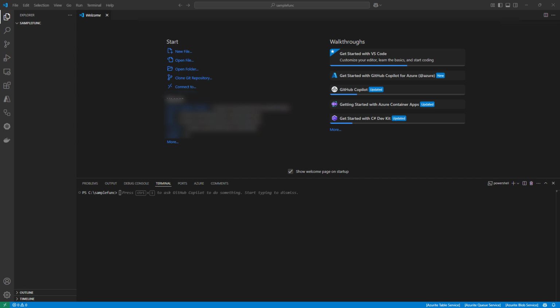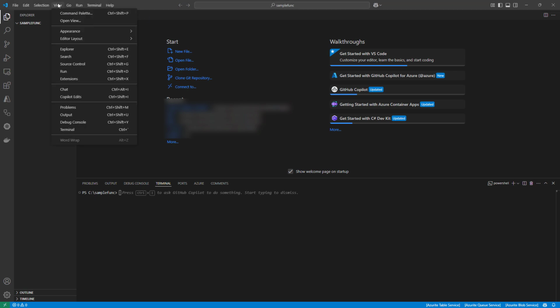All right, I'm now in VS Code. I opened up an empty folder called sample func. And before I get started, my local machine is currently set up to install, run, and debug Azure functions locally within VS Code. If you want to follow along, I'll include a link to my local machine setup guide in the description. All right, so first up, to create an Azure function, I will go to View, Command Palette, or